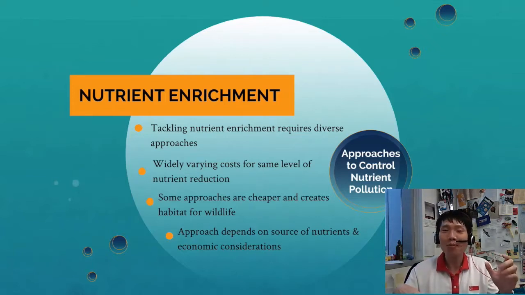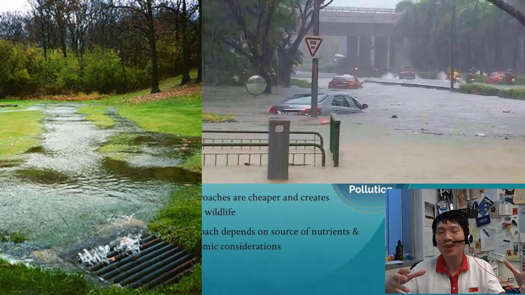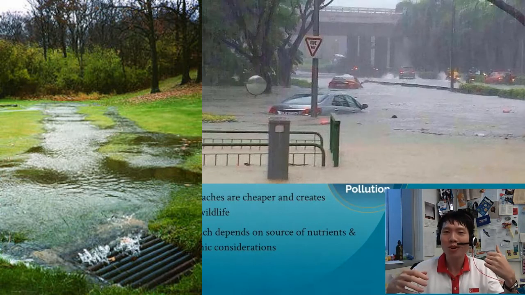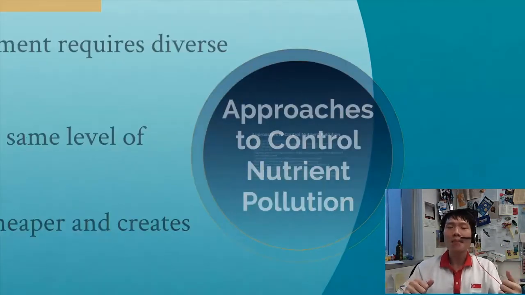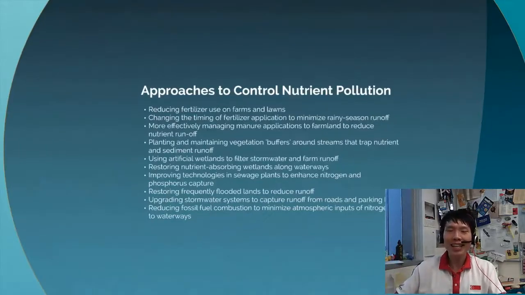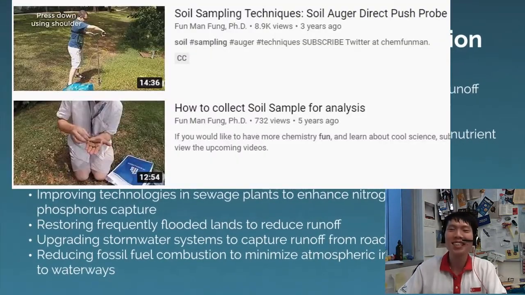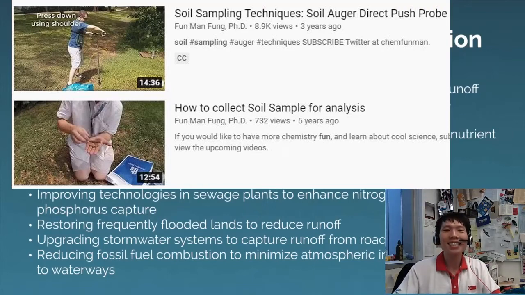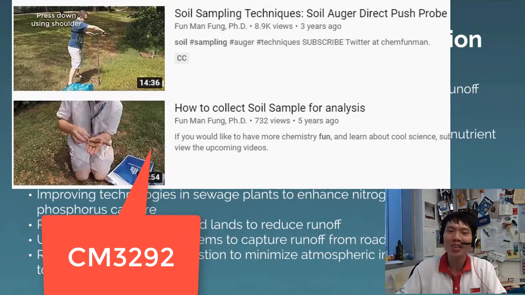And what if the part that's highly concentrated is where the site is more prone to the runoff washed by the rain or the water here, right? Then that means the whole farmland is not really enriched to what the farmer needs. So this requires sampling, and sampling means, right, you sample different parts of the soil here, and then you send it for lab testing, and that will be a separate lecture, maybe not in this course, in CM3291, under the analytical chemistry course here. But I'm just giving an overview that you need to think about some of these measures to minimize the nutrients